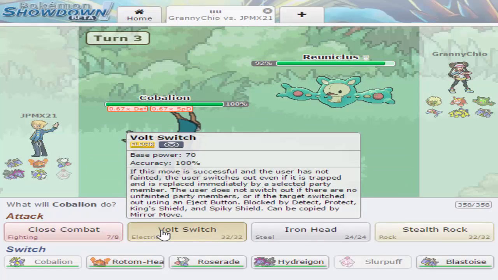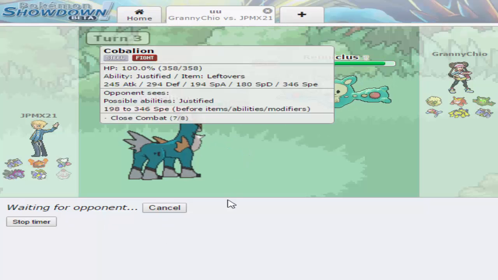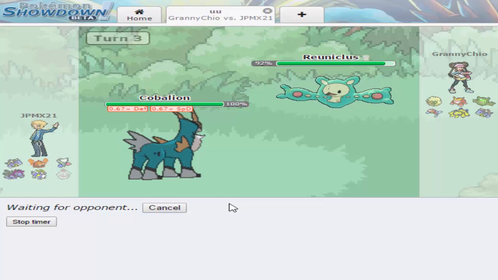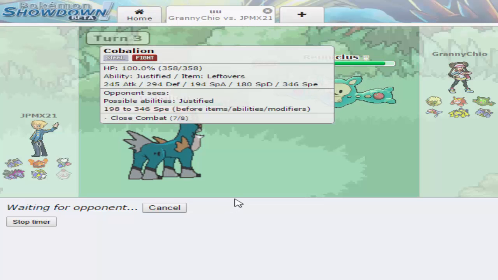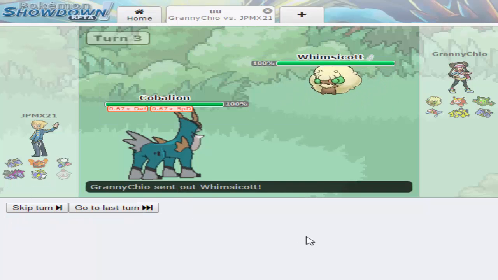Well, let's go for a Volt Switch and see what we... Wait, let me just recap that. Okay. I was thinking of the last battle. Okay, so my opponent's gonna... I'm gonna go Volt Switch out of here because I don't want to be here. And this Reuniclus seems like it's physically bulky. And I don't like it. I do not like it. Even though we only have 2 physical...